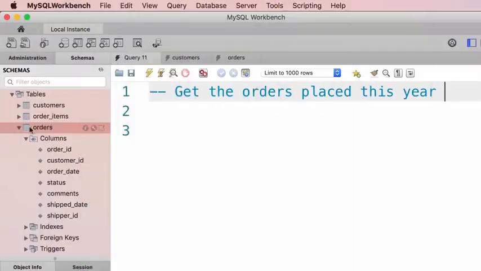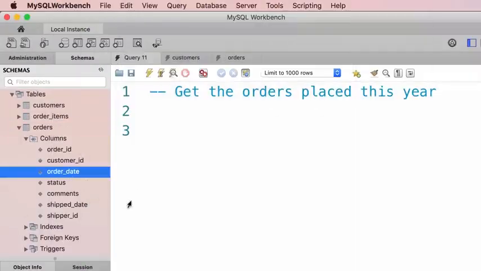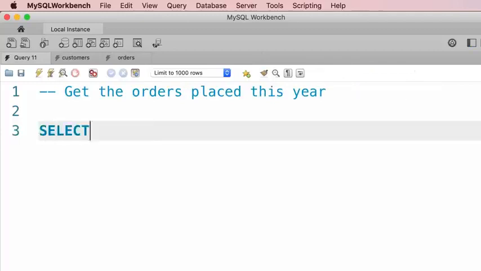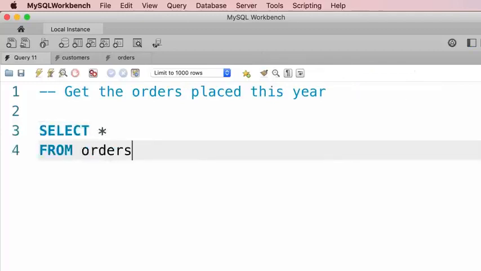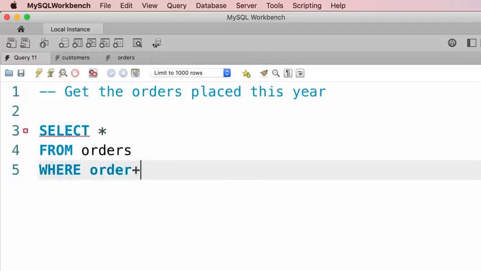So here's the orders table. In this table, we have this column, order date. We can use this column to see the orders that are placed this year. So here's our query. Select star from orders where order underline date is greater than or equal to January 1st, 2019, assuming this is the current year. So